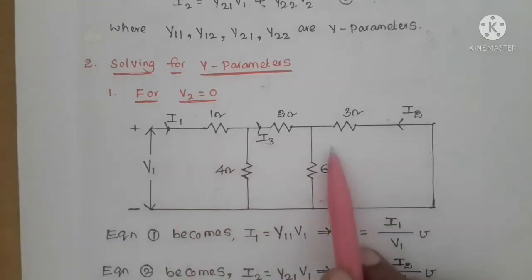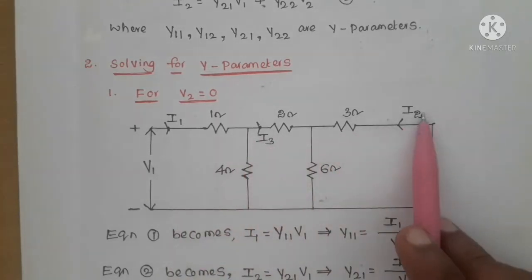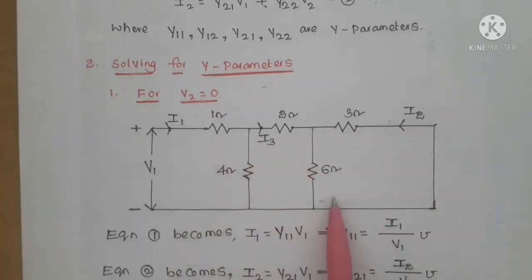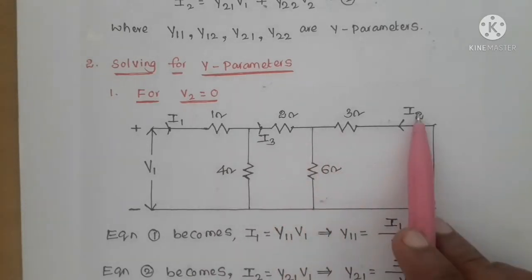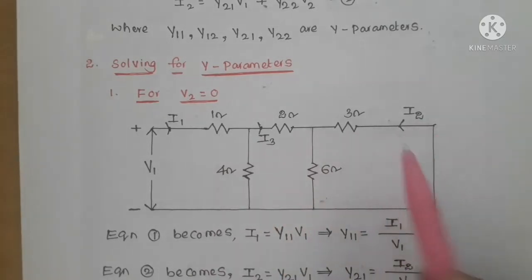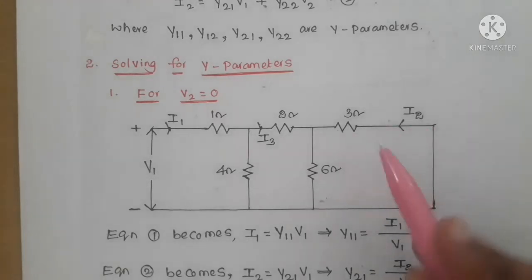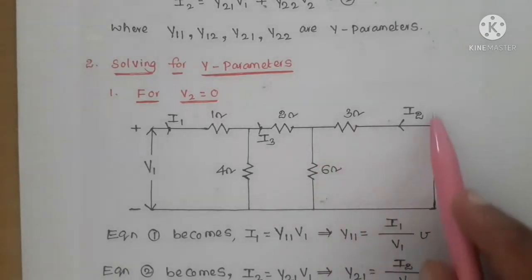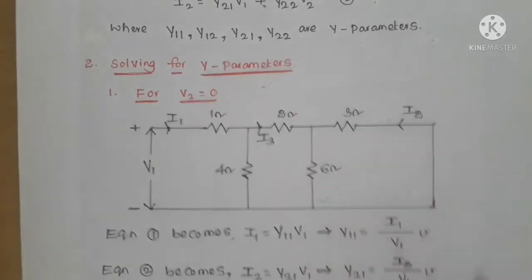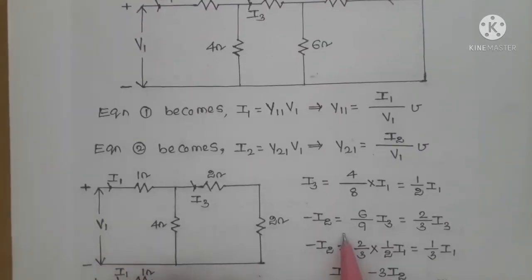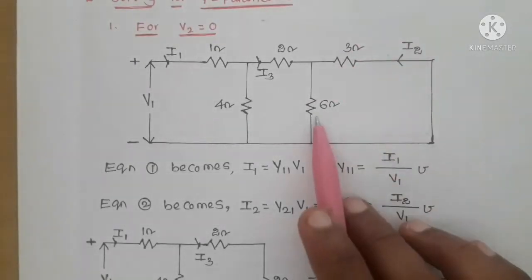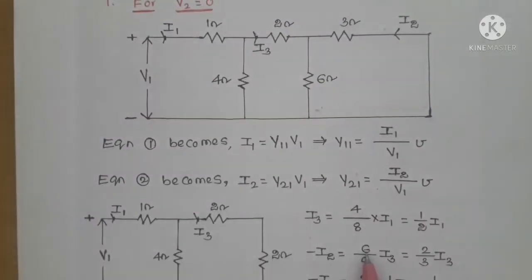as a function of I1. So now we can get a relation between I2 and I3. I3 is divided into this 6 ohms and 3 ohms. I2 is flowing in this direction, so the current in this direction is minus I2. So minus I2 equal to the other branch resistance, 6 by,